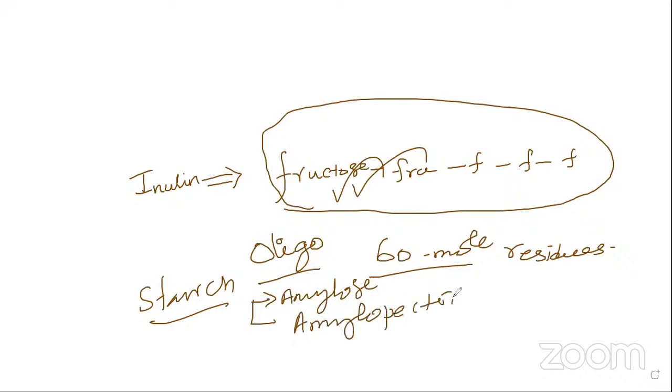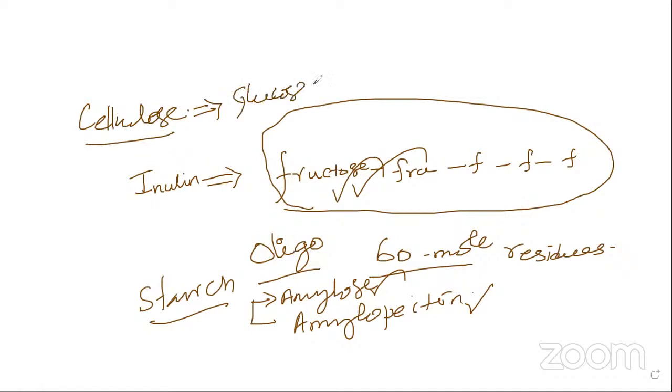Okay, my dear. So these are the two molecules that have been reported. At the same time, take the example of cellulose. Cellulose is also one of the polysaccharides, isn't it, my dear? The cellulose is made up of more than one glucose molecule. Their unit is only the glucose molecule. Here, inulin is an example. This is a NEET question, my dear. From the NEET point of view, they ask the question.